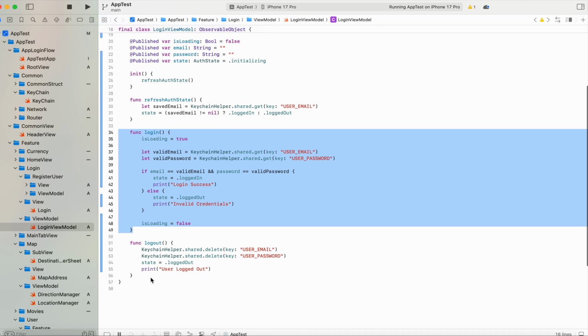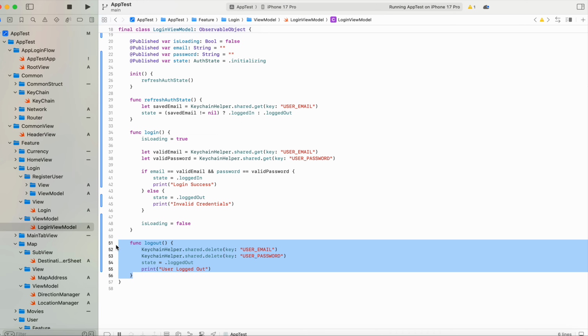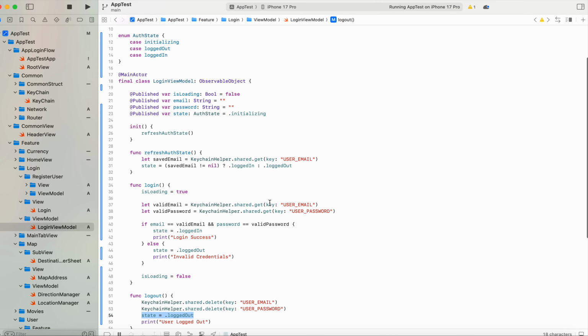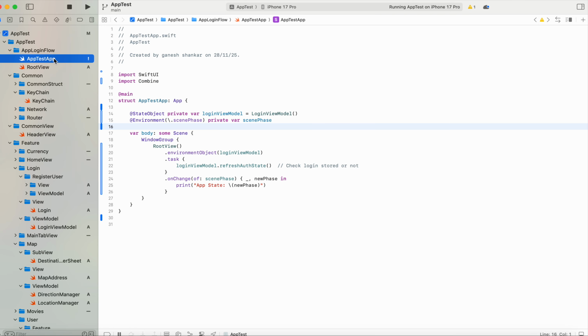And there we are, having a logout method. This logout method we use for our logout button, which is going to delete each and everything which is there in our keychain, and then change the state to logout. Now coming to the window, the root of the app, here you can see I created an object of login view model,